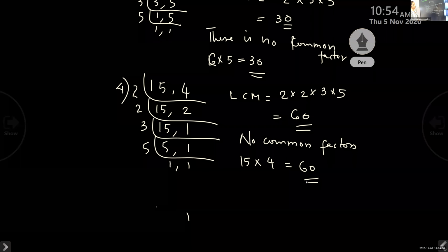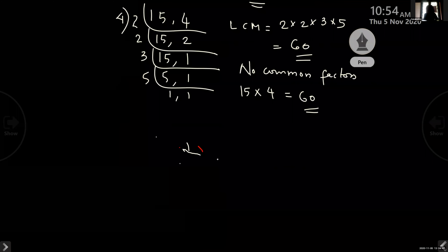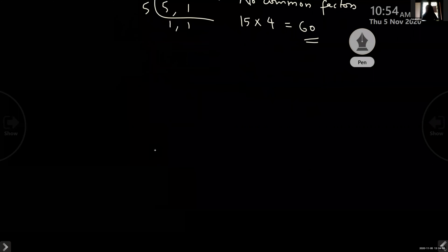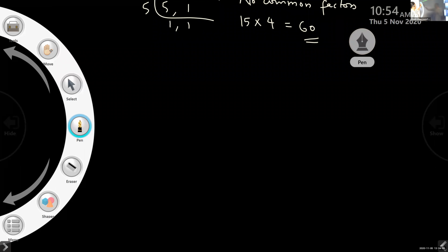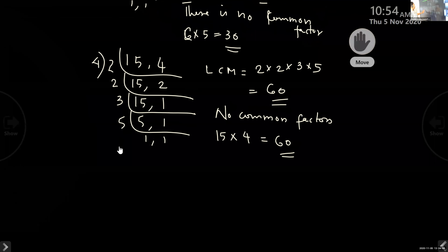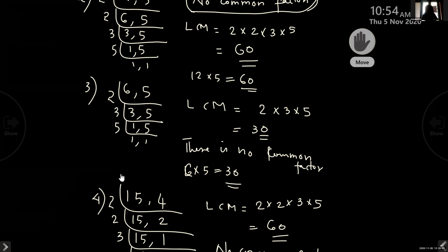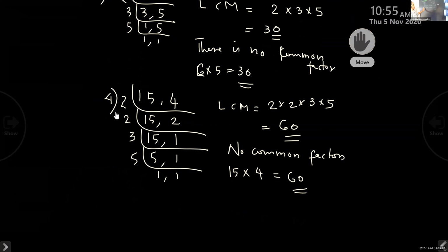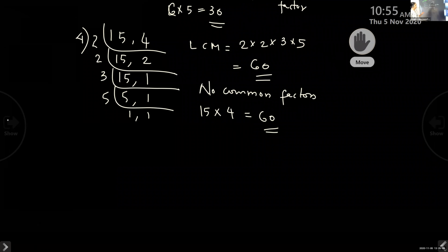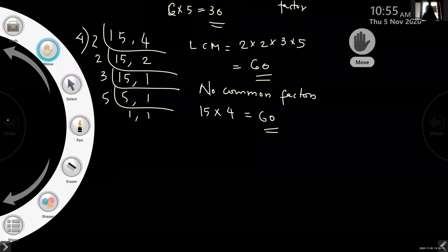Ma'am, I have a doubt. Ask. Ma'am, in the 12 and 5, that one, right? LCMs. First step I wrote 2, then 3, then 2 and 5. No problem. You first divided with 2, right? Yeah, second I divided with 3. No problem. But usually you should divide with the least prime number. That is our procedure. Okay, ma'am.